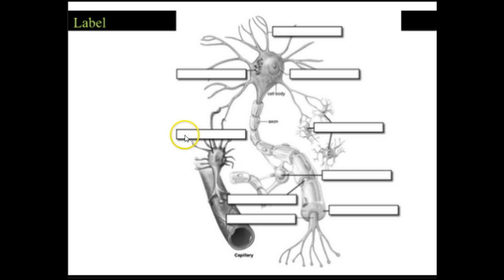We have the nodes of Ranvier, the Schwann cells. We have our axon terminal. We're going to have our astrocytes. And then we're also going to have some of those